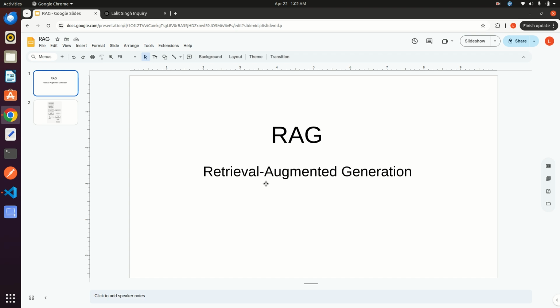So in today's video, we're gonna talk about RAG. RAG stands for Retrieval Augmented Generation in the context of LLM. Before jumping into the code and diagram, let's understand with a proper example what kind of problem